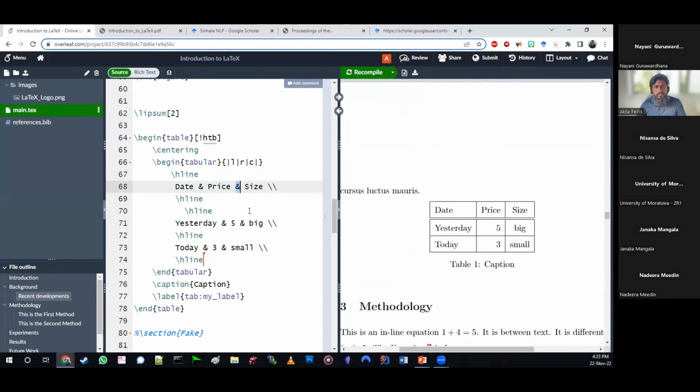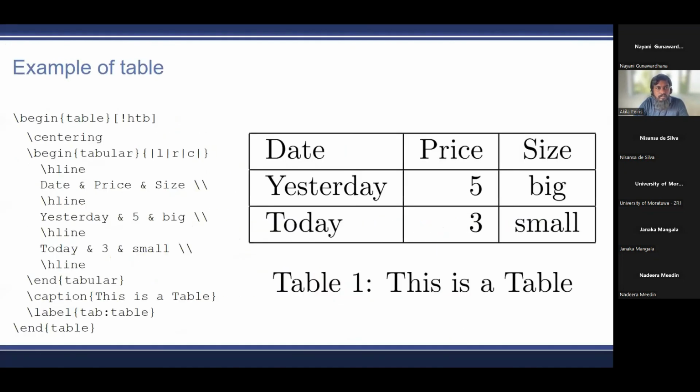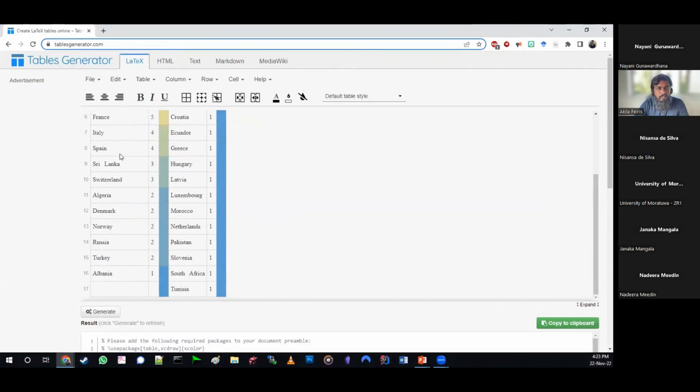Now, I understand you look at it and you are like, that looks hard. And that happens with most of the students. So if that happens, what you should do is, I have put a little link in our slides to an online table generator, right? Here it is, where I have created these previously.